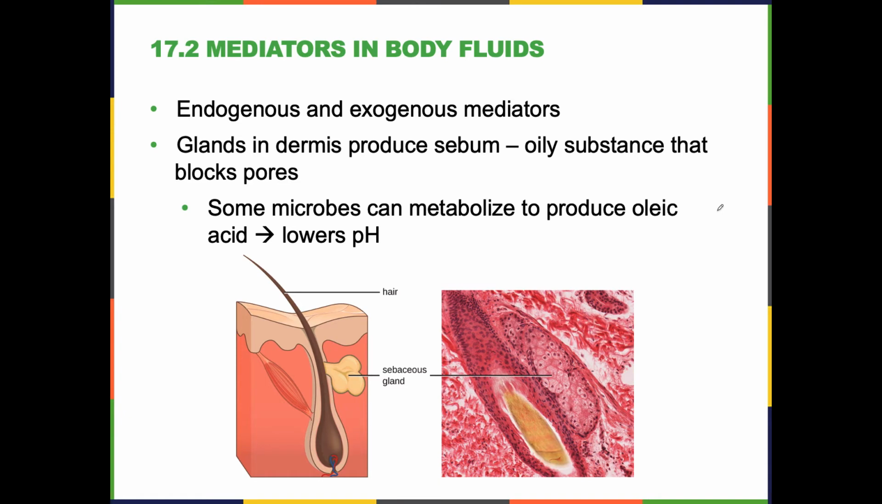So let's talk about some of these mediators, right? They exist in many places, but the most important ones are the ones in our body fluids. Here we have both endogenous and exogenous mediators. The one that's probably the most recognizable in our skin is called sebum, right? Sebum is this oily substance, and the idea behind sebum, which is produced in our pores, is that it blocks. So this oily substance prevents access to the good stuff at the bottom,